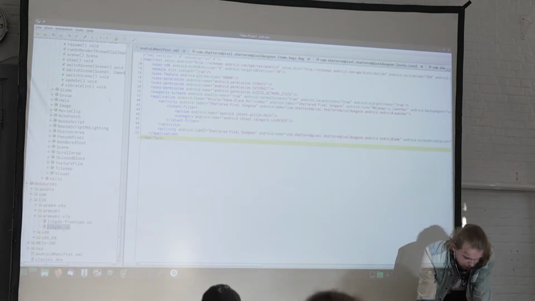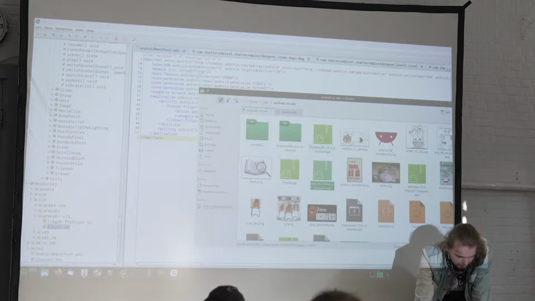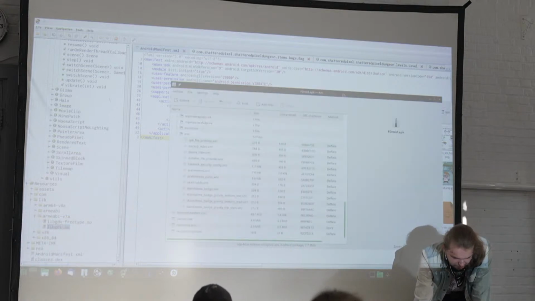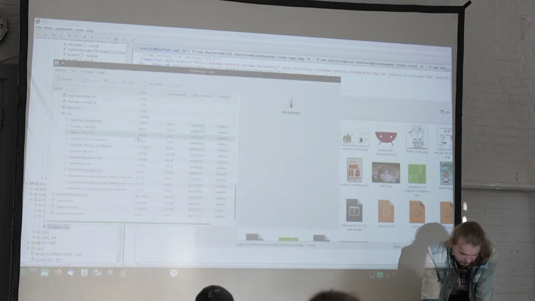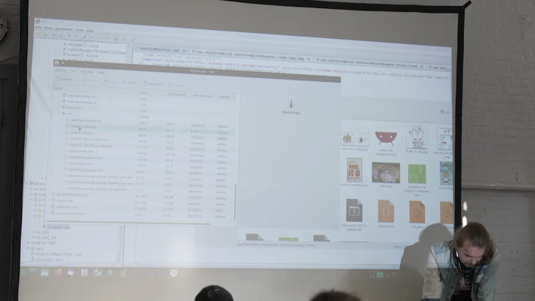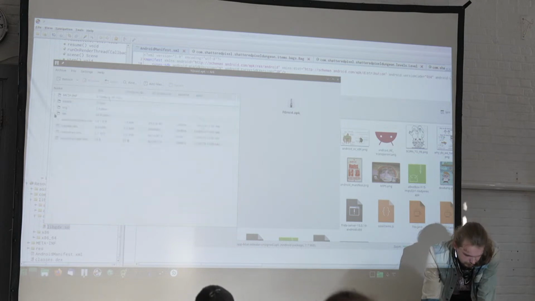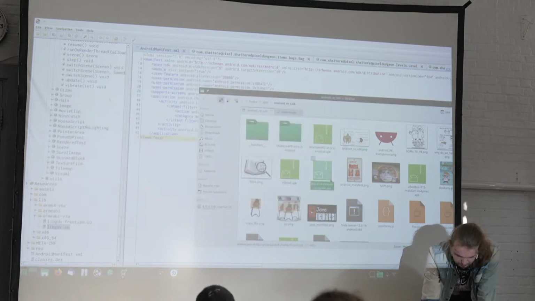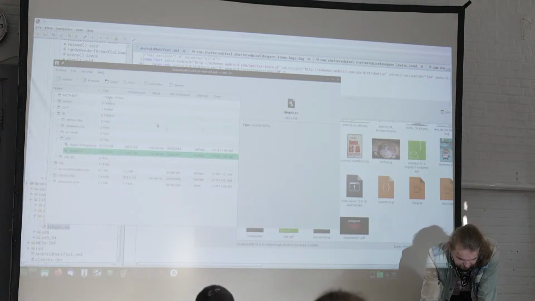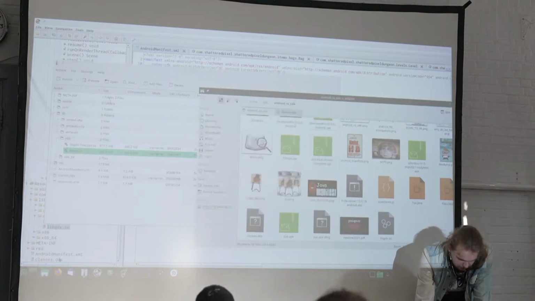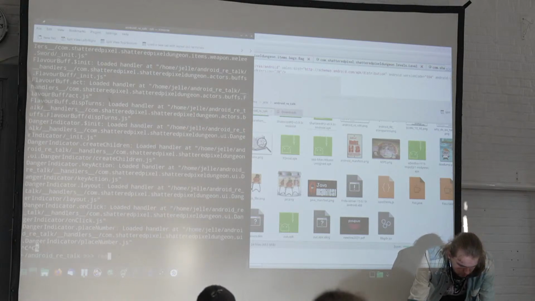I can show you how you can tell what functions are actually defined in there though, because everything that you're calling into from Java will be using JNI, the Java Native Interface. So if you want to know what kind of functions are inside a native library, just unzip it. Then you get your terminal, you do read